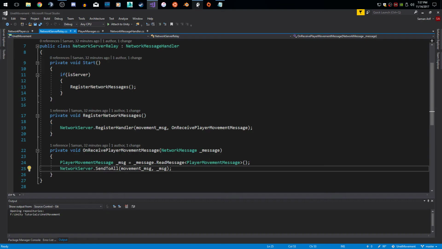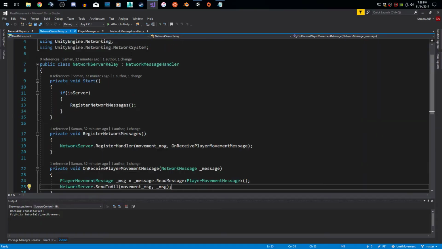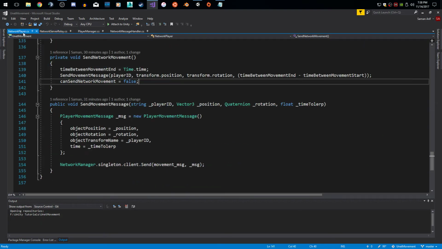So, as I showed you before, the cube is slowly teleporting between its rotations and its positions. So now what we're going to do is take the information we're sending and use it to lerp between our positions and rotations. So let's go to our network player